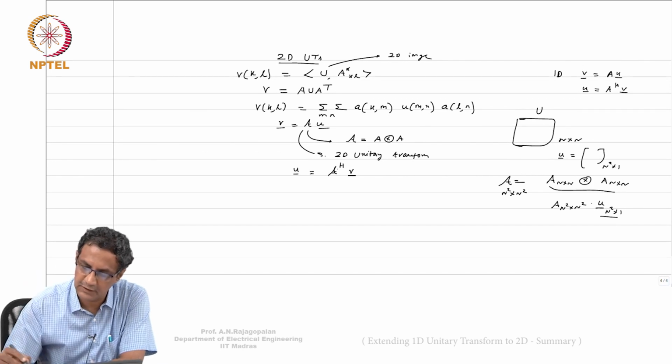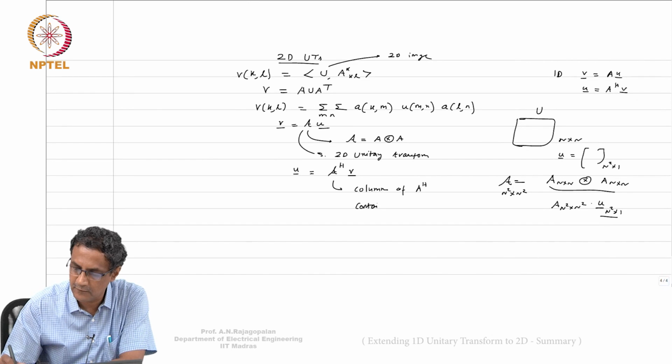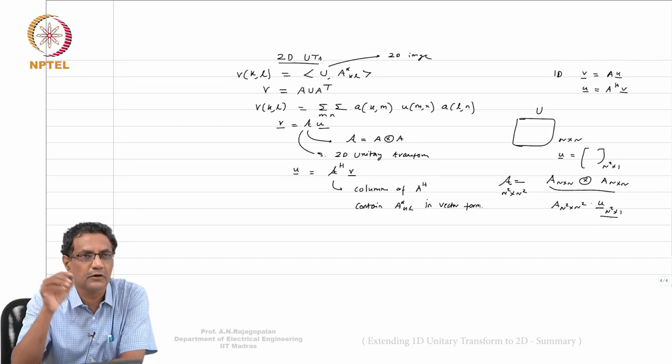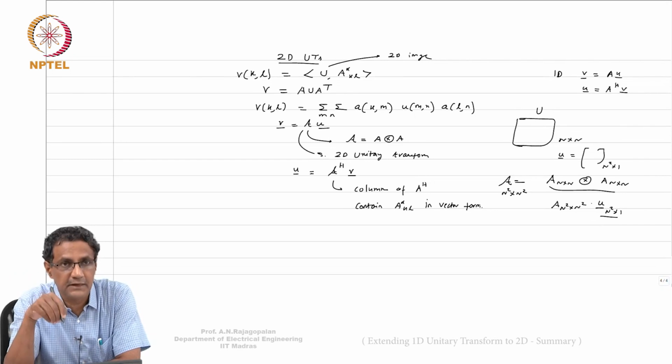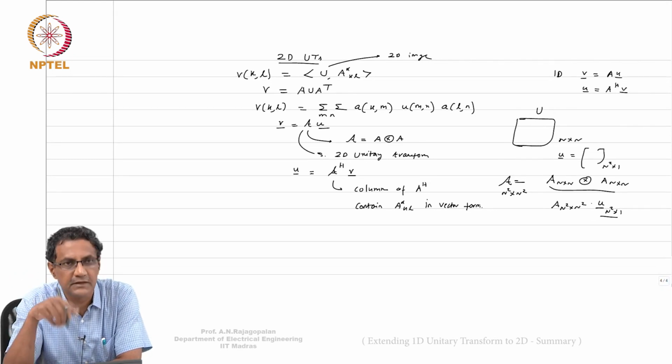And then we also saw that the columns of A Hermitian contain the basis images, so A star KL in a vector form. Vector form in the sense that you also ordered your image in that form, therefore these images are also sitting in that order,